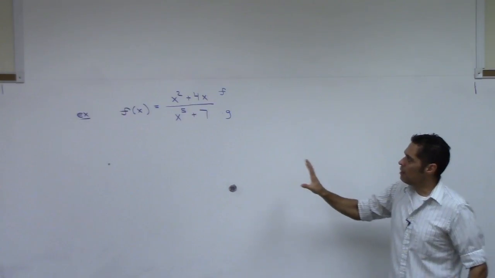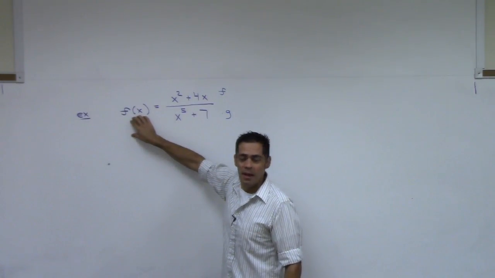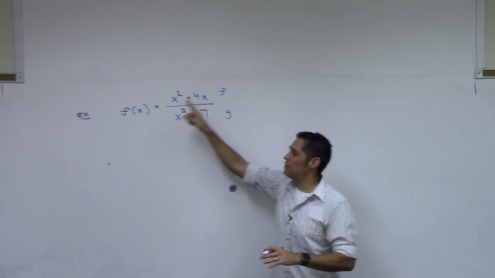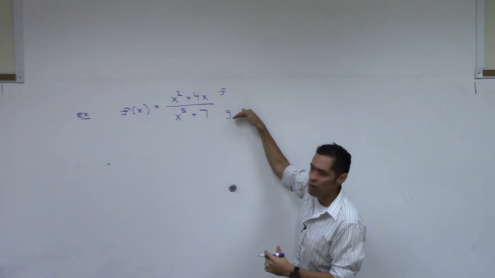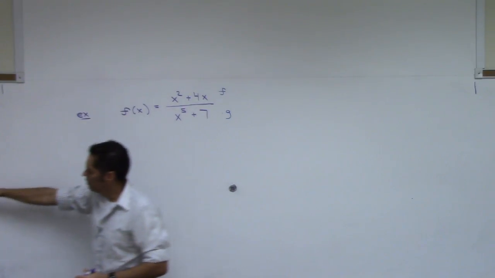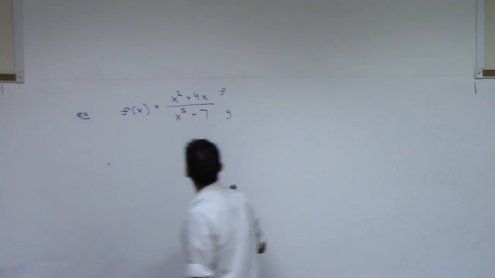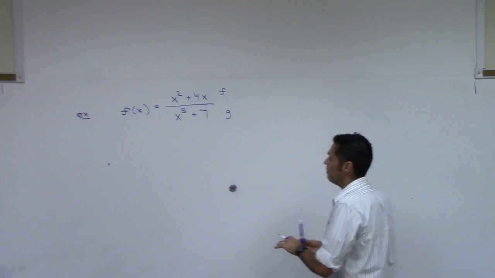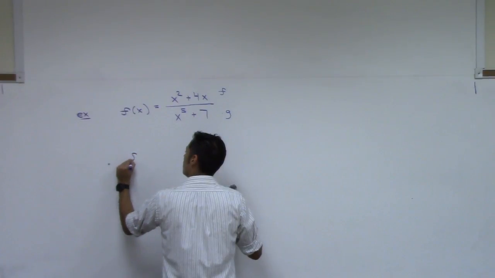Now, I did this on purpose. This function is called f, isn't it? And then I'm saying it's like f over g. This is kind of bad notation because I'm using f twice, but it's just to match the formula. I have function over function, right? So when I have a function on top of a function like this and I want to take the derivative, the formula will be,